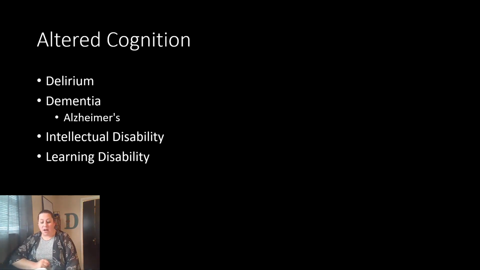Now, diagnosis is often difficult because we have to rule out other types of conditions in order to be able to diagnose Alzheimer's. When we look at treatment, though, there's no cure for this, nor are there really any therapies to slow it down. There are some new drugs out there, but there's little evidence that they really work across the board with individuals with Alzheimer's. Medications are normally going to be used to help with secondary issues like anxiety, depression, and sleep disturbances that the patient may deal with.